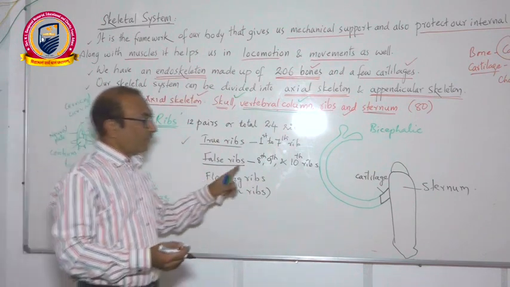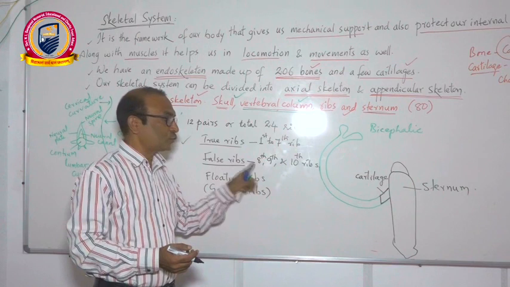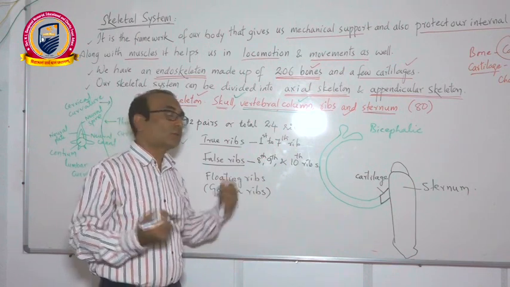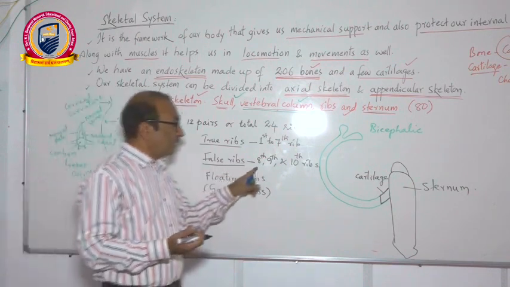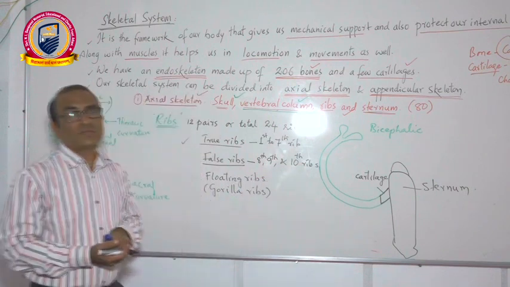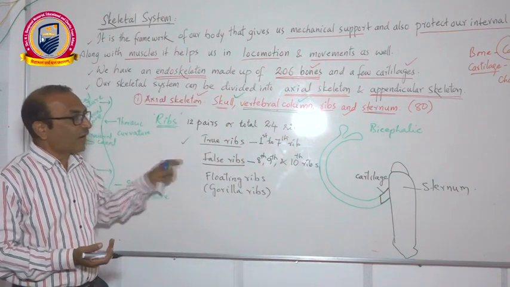I am using the word pairs because each one is in 2 numbers, one on the right side, one on the left side. So 8th, 9th and 10th pairs of ribs are called false ribs